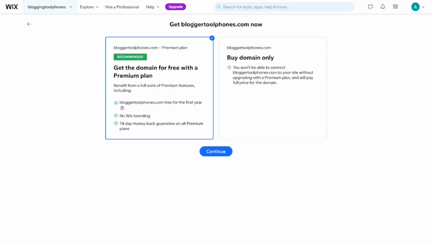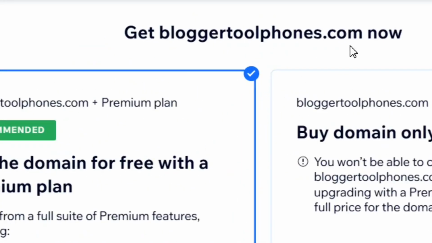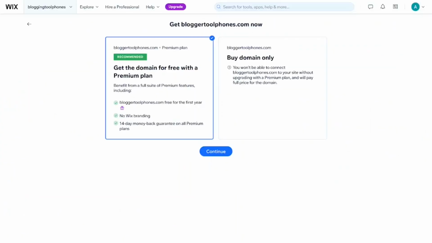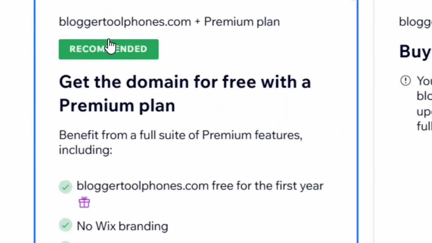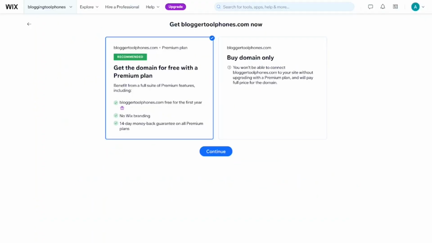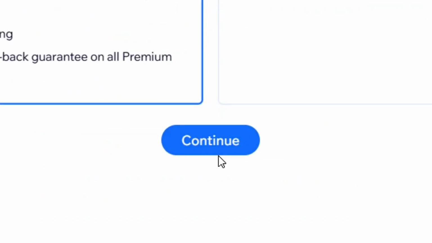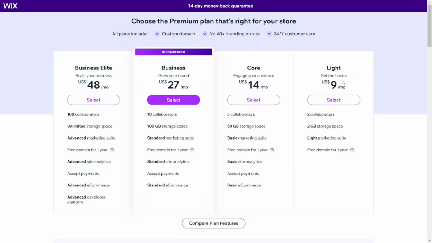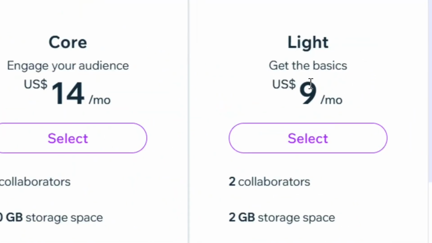Okay, so when you click on Make It Yours, it is going to bring it right here. So in order to get your custom domain for totally free, you have to sign up for their premium plan. Okay, that's the way you will get a free custom domain for 1 year. So as you can see, when you sign up, you are going to get a free custom domain for 1 year without any catch. So all that you have to do is simply click on Continue